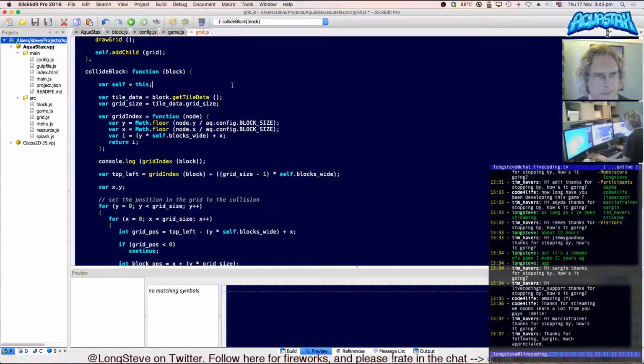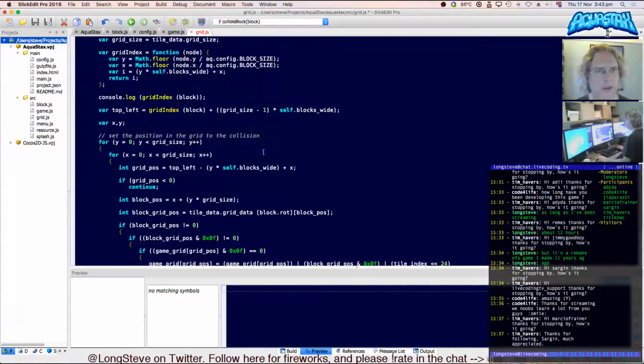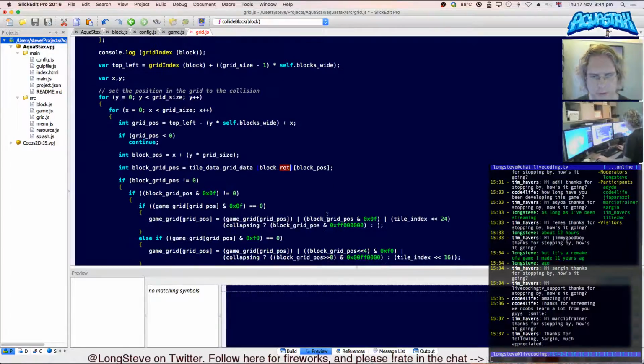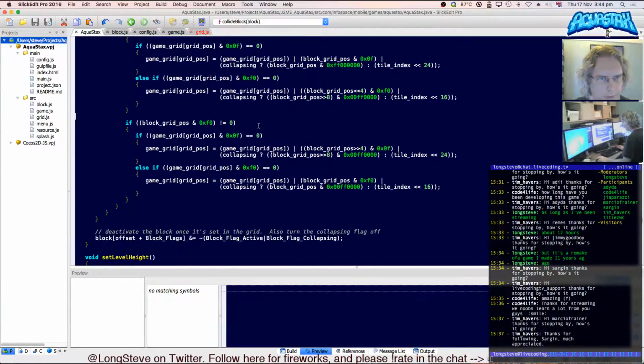I've used that somewhere. Where did I use that? Did I use that for the rotation? Block.rot, there it is. That's block.rot. I want block.num. Num. Shifted up by 24. We don't need that. And then the next one is going to be almost the same, but it's going to store the high nibble. Okay. Then the next bit does it again